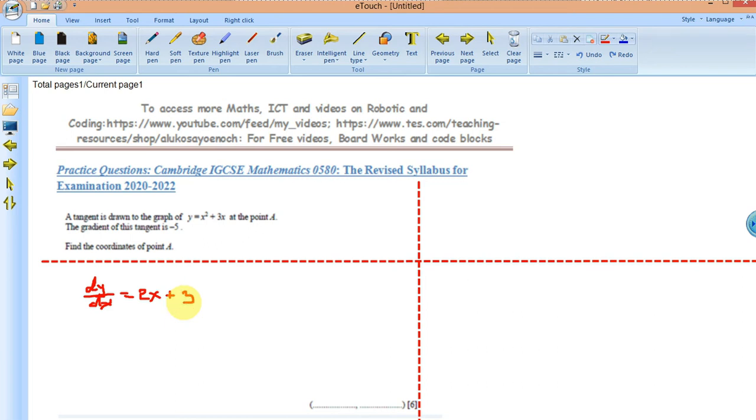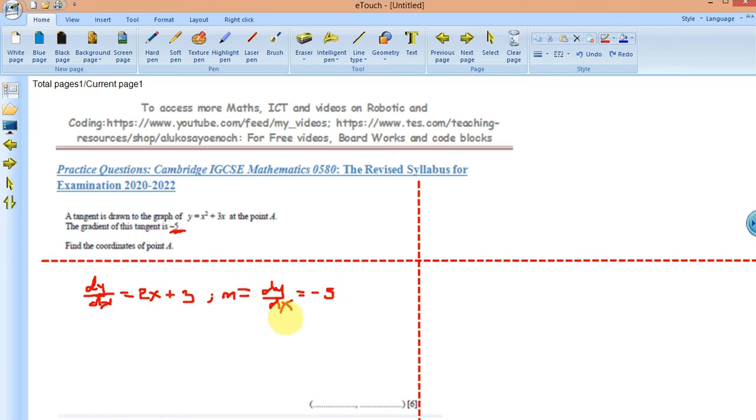Is that clear? Now, the second thing we need to do: the examiner already told us that the gradient of this tangent is -5. So the gradient is given. Don't forget that the gradient is the same thing as dy/dx when you differentiate the function. From the question it is -5, so we can equate this equation to -5. That is the implication. So I can have 2x plus 3 equals -5,